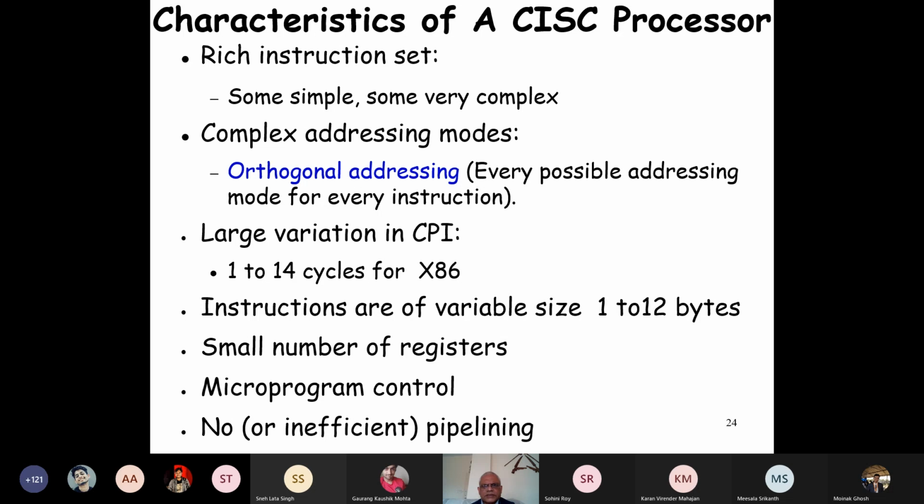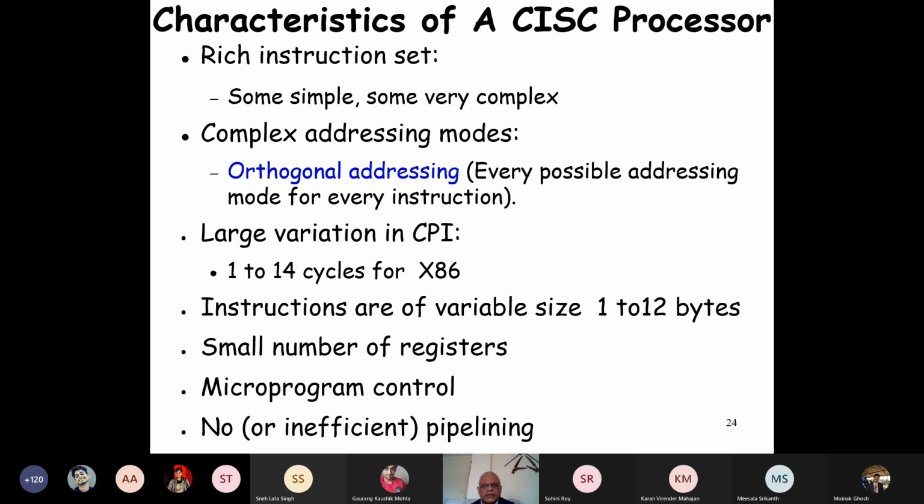The main characteristic of a CISC processor is a large number of instructions, thousands, 2,000-3,000. VAX 780 had nearly 3,000 instructions. Some are very simple instructions, some are very complex instructions. For example, some instructions in VAX, you could do string manipulation to check whether one string is a substring of another string, compare 2 strings, whether they're equal, etc. That was possible in the VAX computer. So those were complex instructions. Some were very simple instructions like just addition of 2 integers.